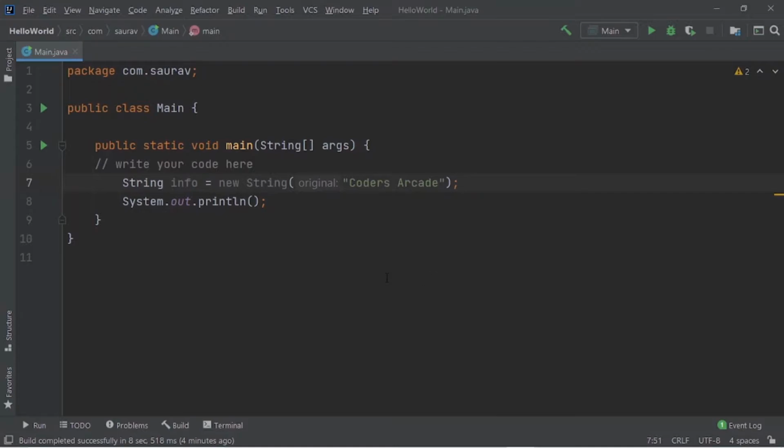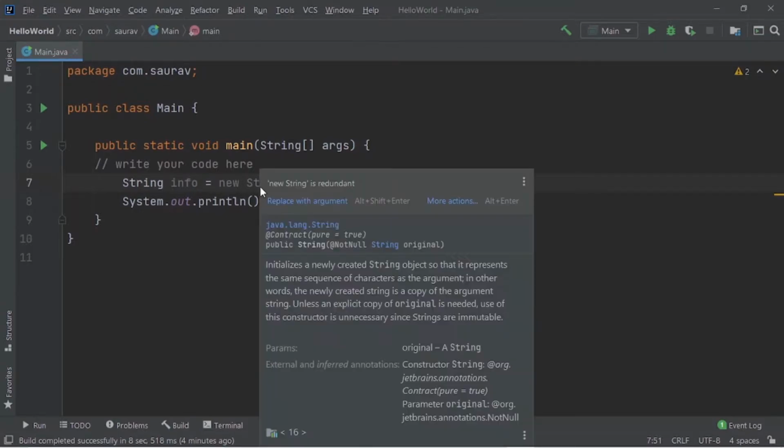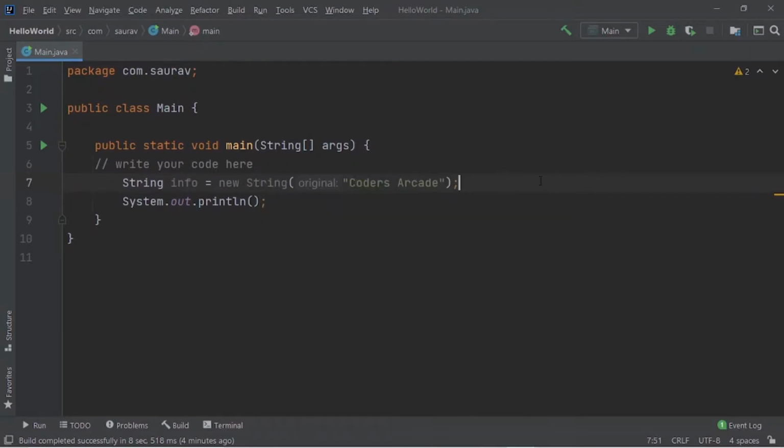Now it's okay, but you can see this is highlighted and it says new String is redundant. That means we may not declare strings in this way, because strings are used in Java over and over again, and therefore they need not be declared like this.